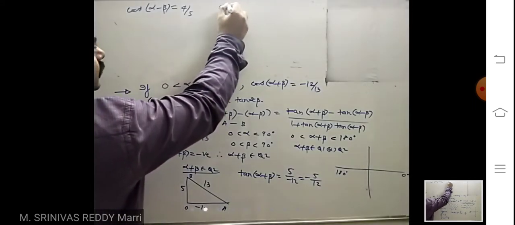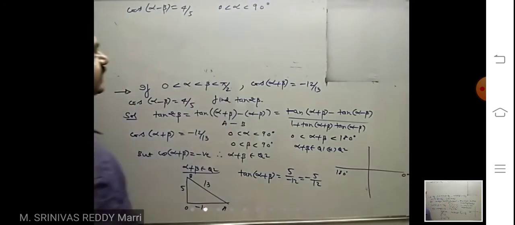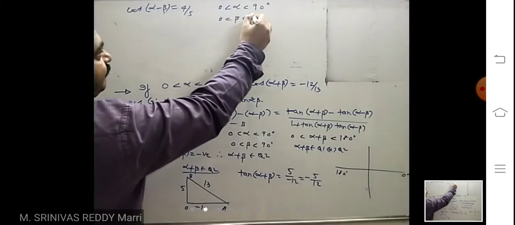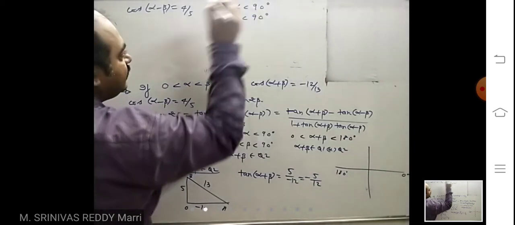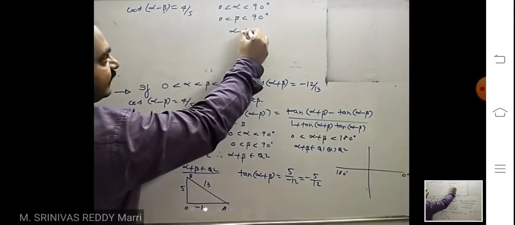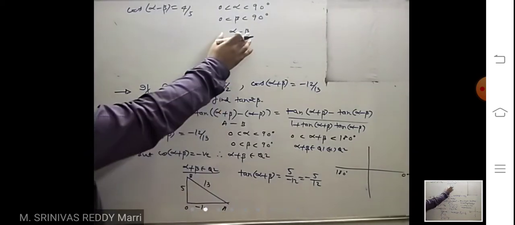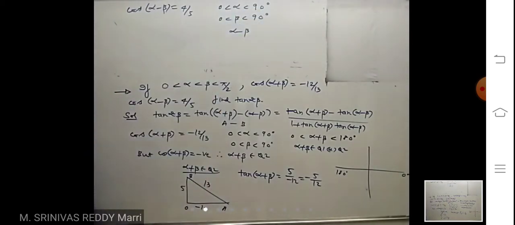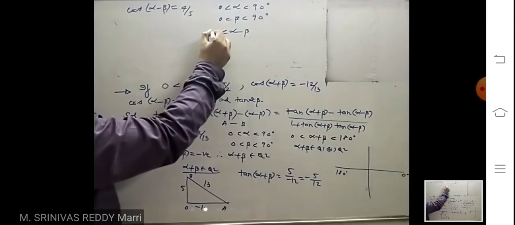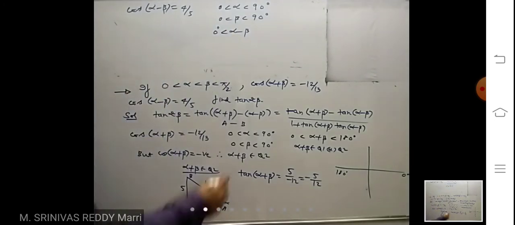So now given that alpha lies between 0 and 90 and beta lies between 0 and 90. Now look at, if you are calculating the difference of angles alpha minus beta, what is the least value? You take one angle here, you take one angle here. The difference will be least when you take this 0 and this 0. Alpha minus beta, least is what? 0 degree. What is the greatest?